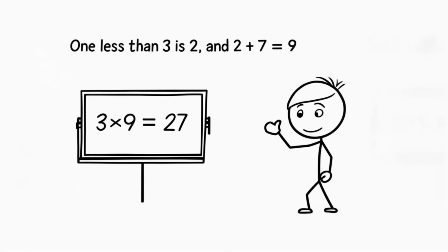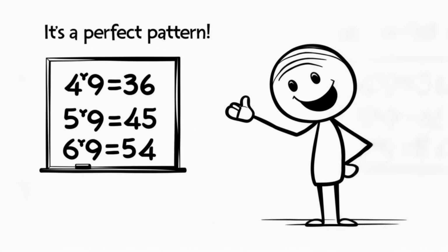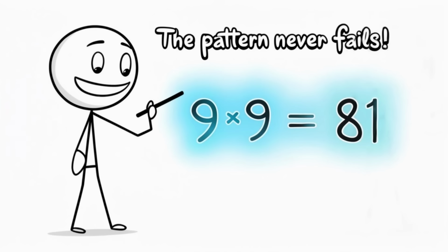You can keep going. 4 times 9 is 36. 5 times 9 is 45. 6 times 9 is 54, and so on. All the way to 9 times 9, which is 81. It's a pattern that never fails, and once you learn it, you'll never forget it. So now, with just 6 simple rules, you know more than 100 multiplication facts. That means only a small handful, about 24, are left to practice. And those, you'll master them in no time with just a few minutes of